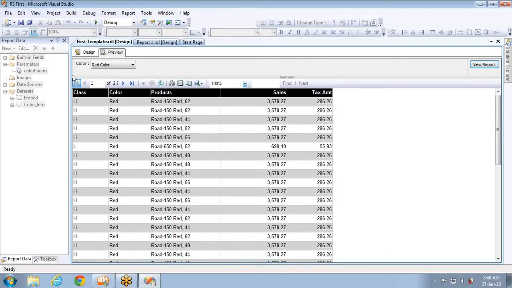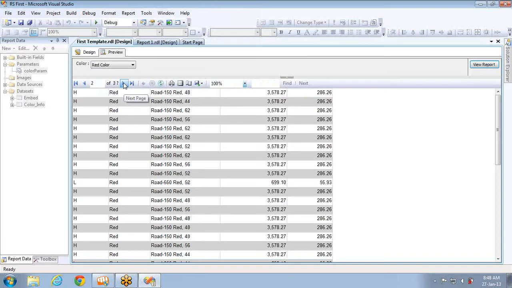For example, now this is filtering the data based on color. Now I want to filter the data based on color, and I want to provide the user the flexibility of selecting the products that he wishes to see. For example, there may be some hundreds of products which come in red color. So whenever he doesn't want to see all the products' information, if he is interested in a couple of products, he cannot do that if you have only one parameter. And if you see, I have to click so many pages. I have to navigate through so many pages to find the product that I'm interested in.